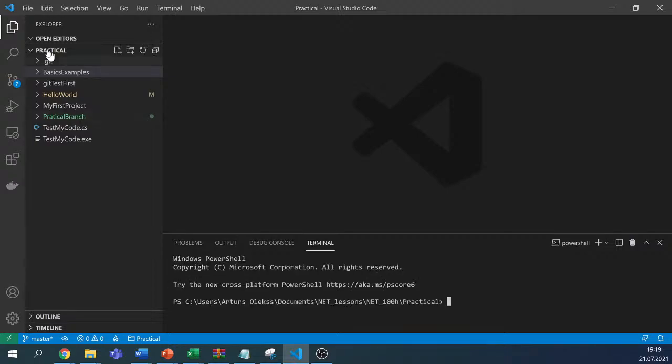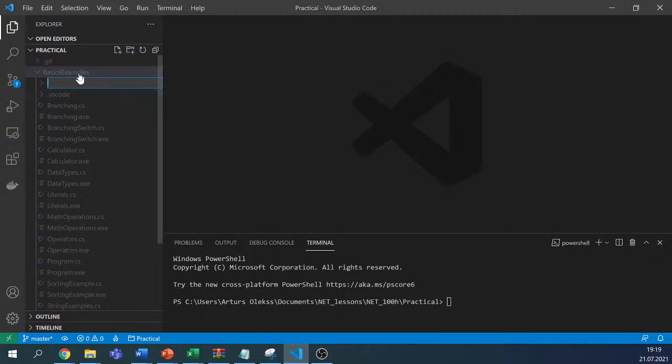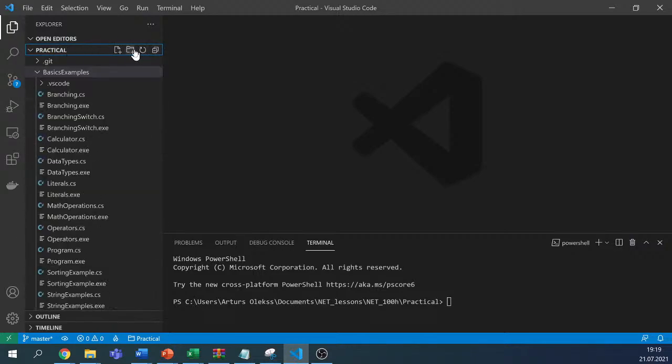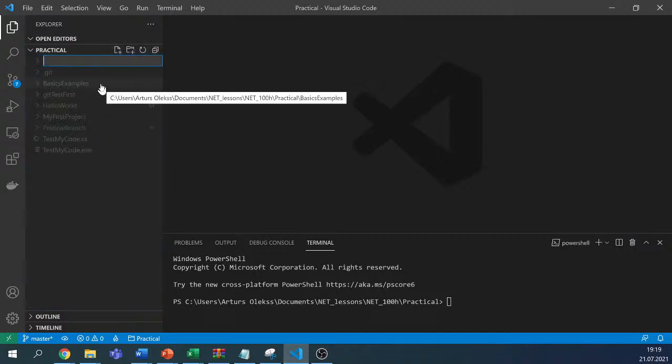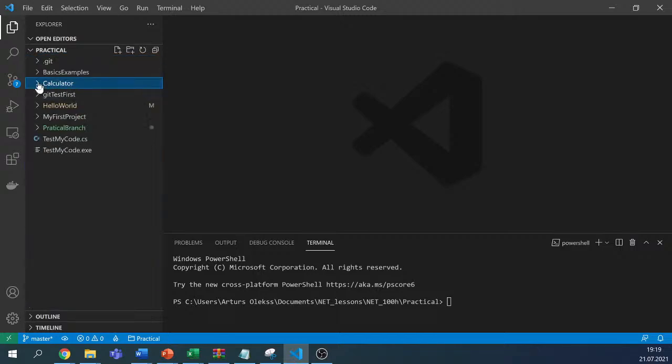So okay, now I just opened that. Now under practicals, I can create a new folder here. Oh, not here, sorry. It's here. Then select the wall. That's all. Okay. Now I can create the folder. Let it be calculator. So I'll simply create it. Then I need to go to this folder. So I changed the directory, now I'm in the navigate folder, and so now we can create